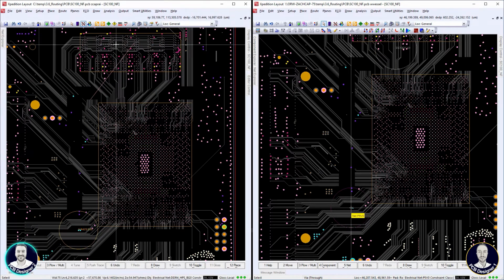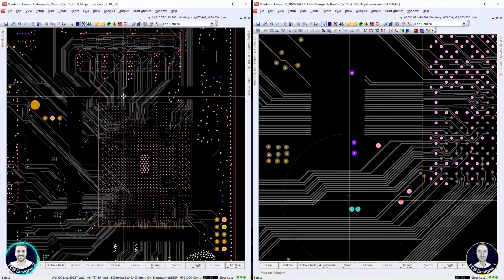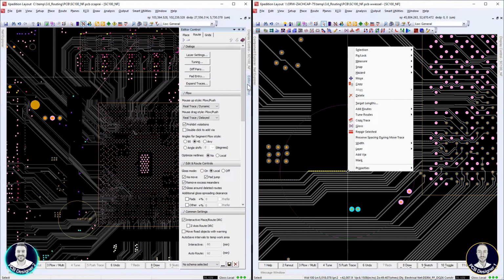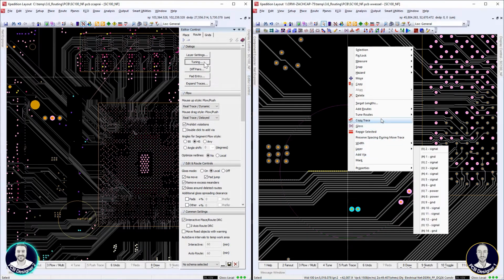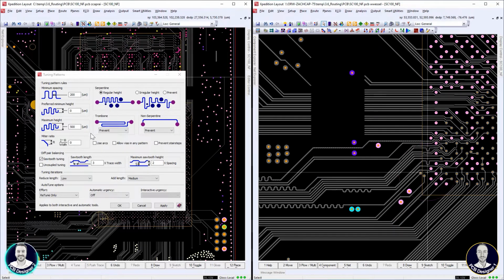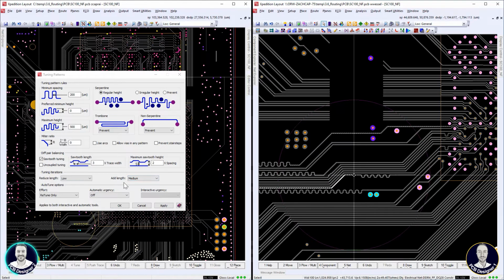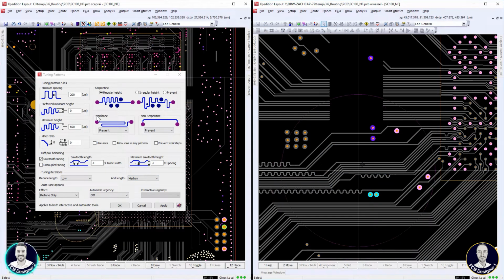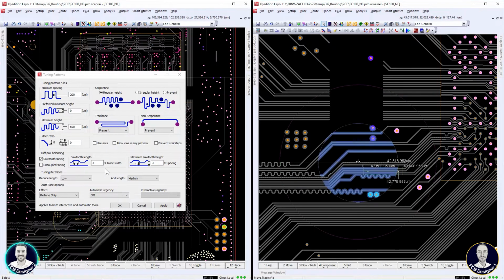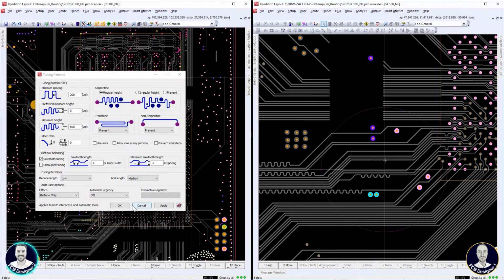So now that all the byte lanes on layer 2 for both interfaces are routed, Wilfred and I will start tuning them. Tuning parameters can be defined in the Tuning Patterns dialog of Editor Control. I can specify a slew of different tuning patterns, from tuning pattern spacing and shape to iteration count and length addition settings. Based on the defined tuning parameters, the Target Lengths tuning dialog gives us the ability to quickly tune the DDR byte lanes based on the target length of the longest signal trace.